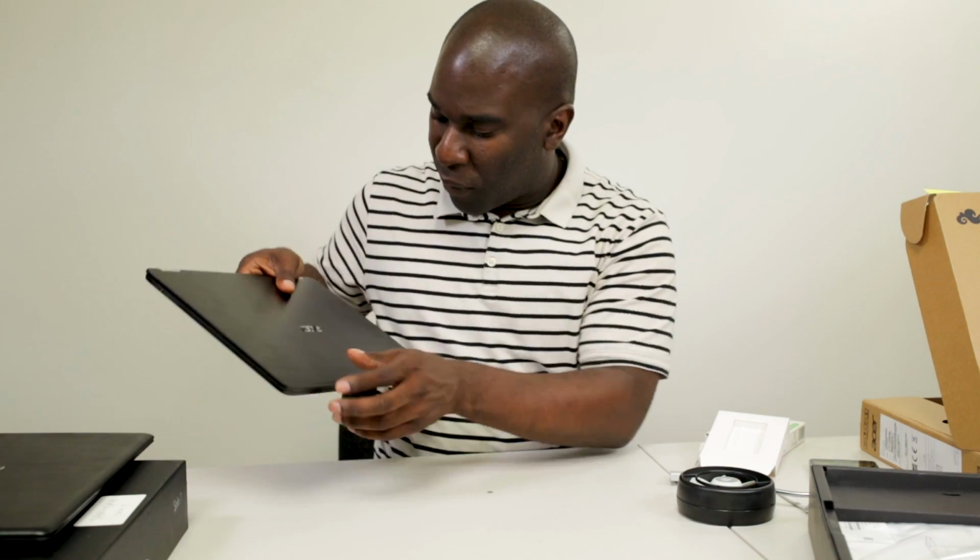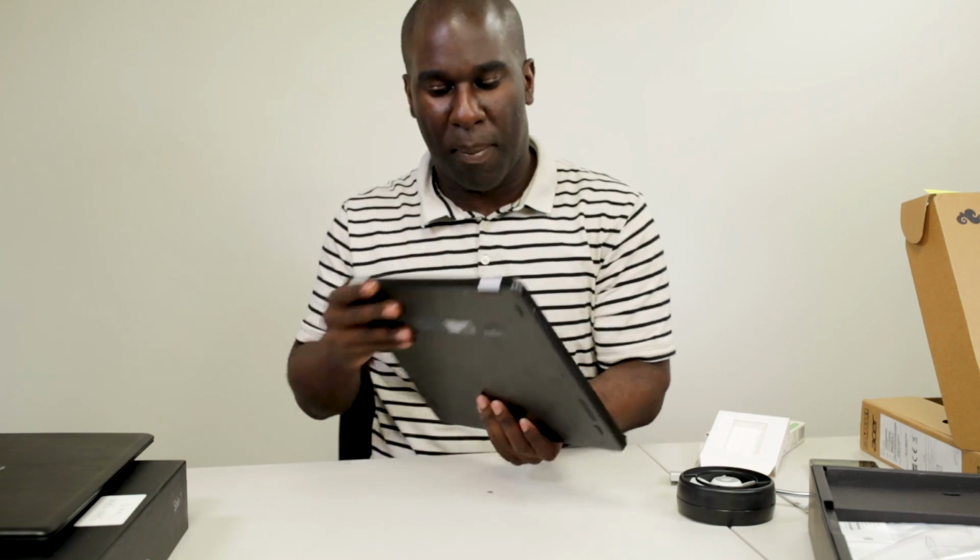It's got a nice little bit of trim on the front. It's got the Acer logo there. It's got the hinges on the back. And the reason why you're probably paying so much money for this sort of thing is because it can, so